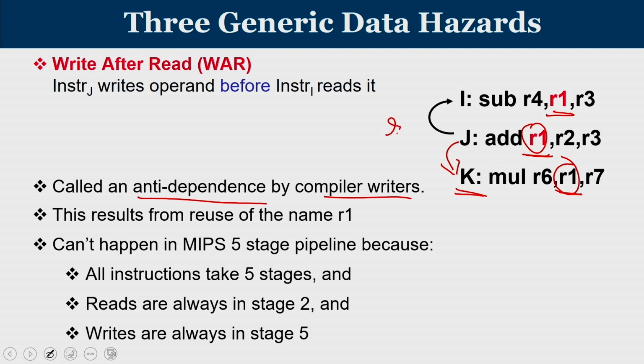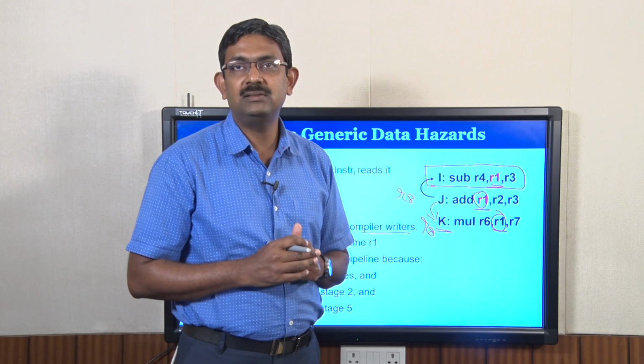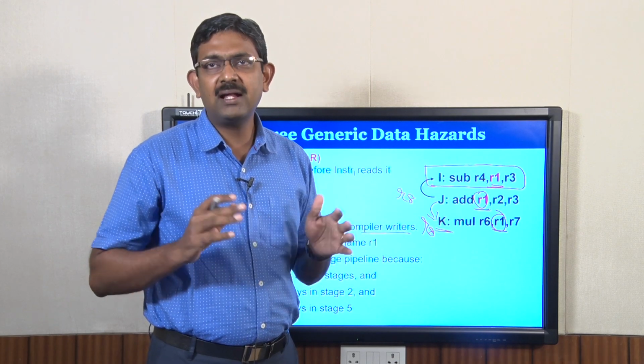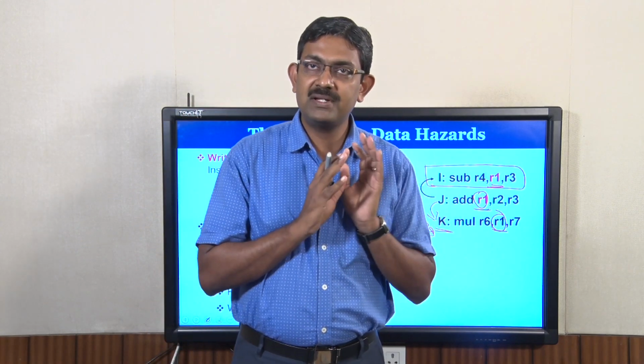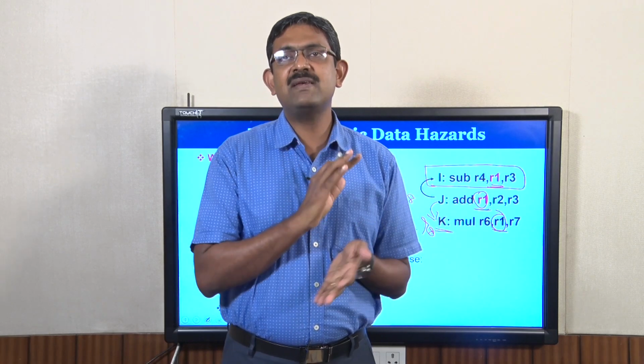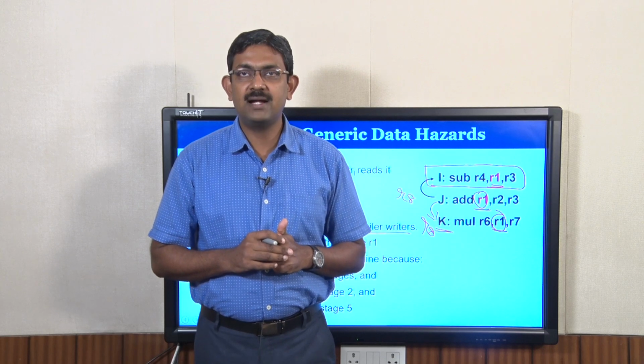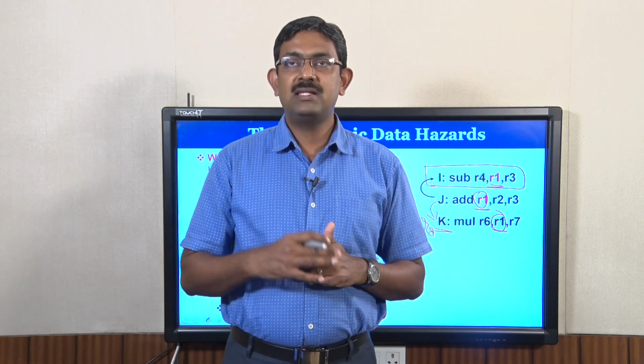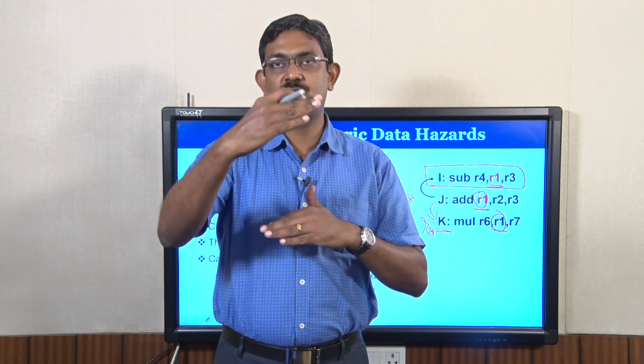Assume that the compiler has used the register name R8 for J and the same R8 is used by K. Then whatever time instruction I completes, it is never going to affect J or K, and whenever J completes, it is never going to affect I. It is because of the reuse of the variable R1, or the register R1. Had the compiler used a different name, this problem itself could not exist. But in the previous case, the RAW hazard, it is not the name of the register that is a problem. There exists a dependency between the second instruction and the first instruction.